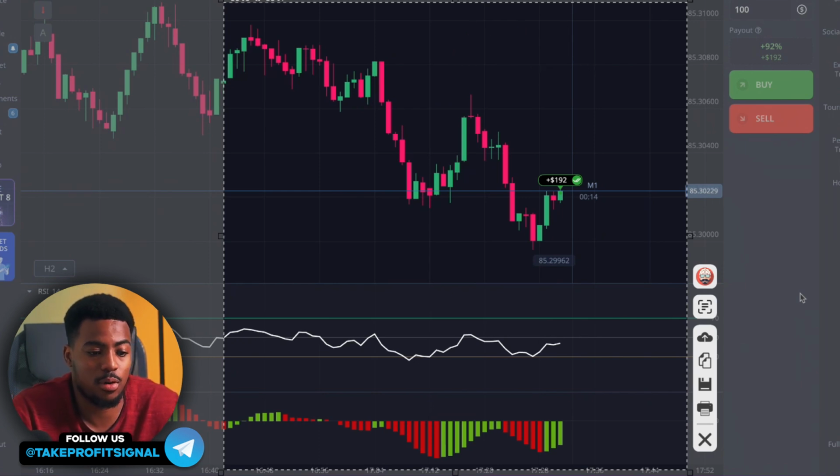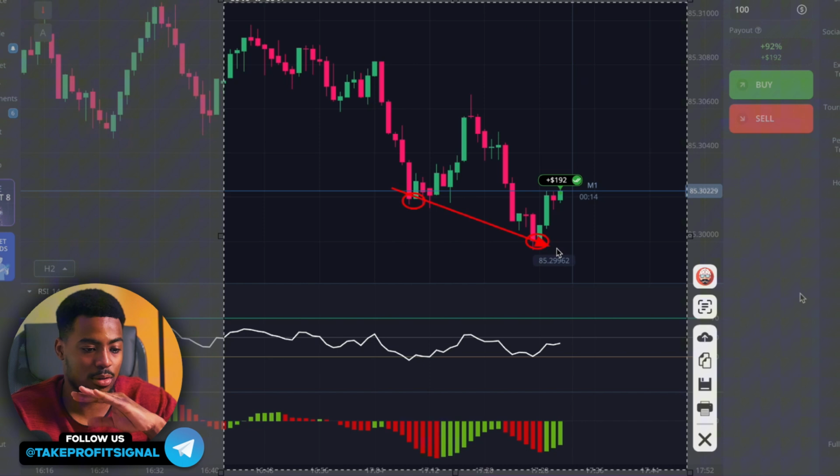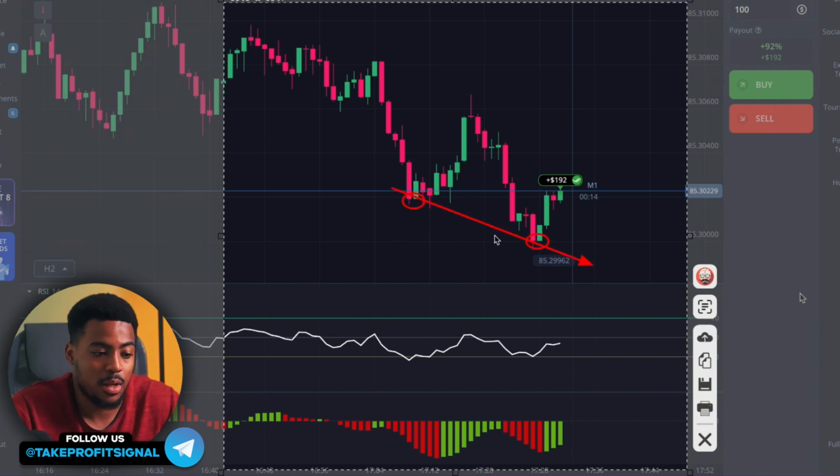Next, we look for local values. That is, we have 2 local minimum values, I mean the bottom 1 and bottom 2. We draw a line through them and realize that the chart is falling. We draw a line through the same values on the RSI indicator and see that the RSI is going up and